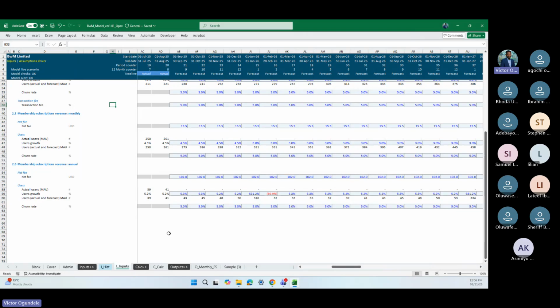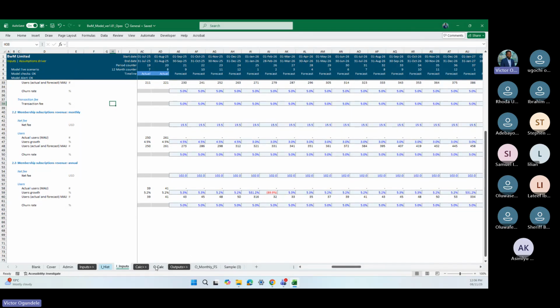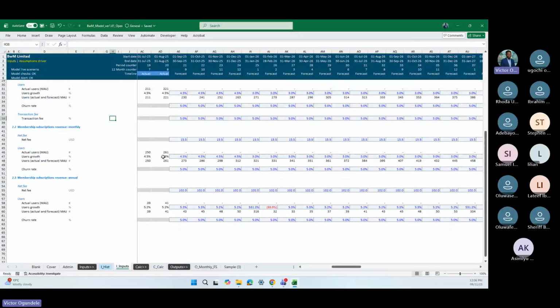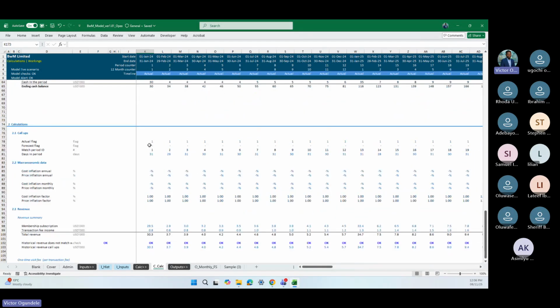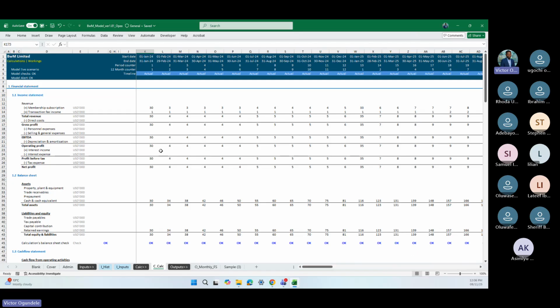So most times we deal with people that are very, very knowledgeable. Okay, yeah. So we set up our revenue. I think that was what we did in the previous session. We also set up our calculation